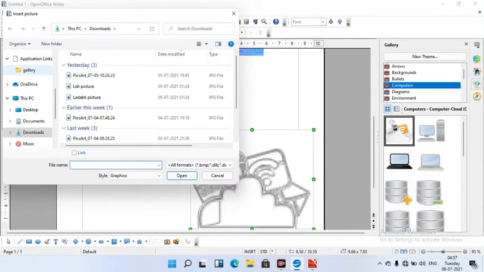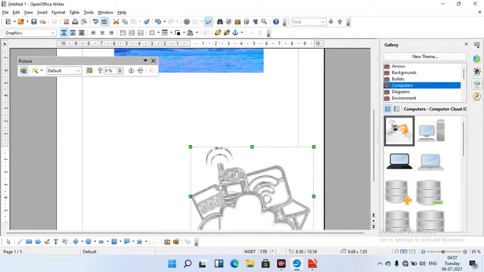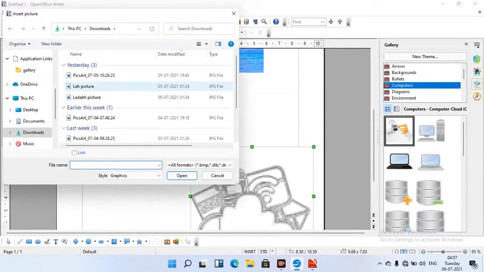This is from file. We can take pictures from here. If you want to take one more picture, if you don't want to go to file and open, you can directly select it from here, from file, and we can select a Lee picture.